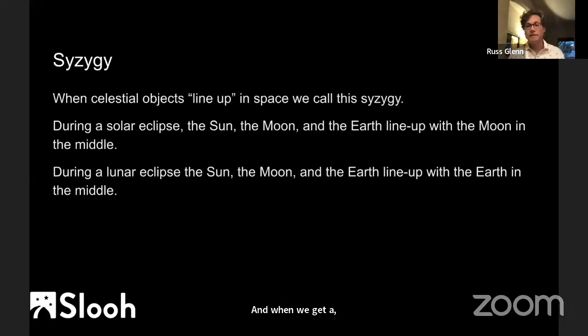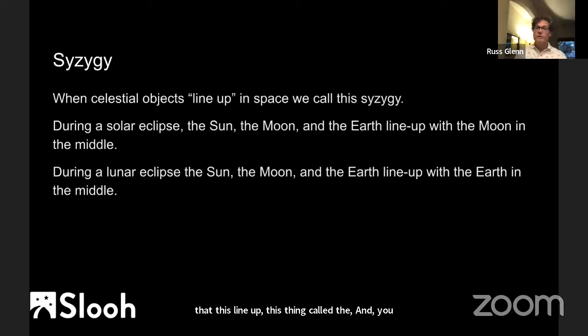This can be any objects. You can certainly see eclipses on other planets and things like that too. So if there's a moon orbiting another planet, it can be eclipsed or eclipse the sun. So we get this lineup, this thing called a syzygy,